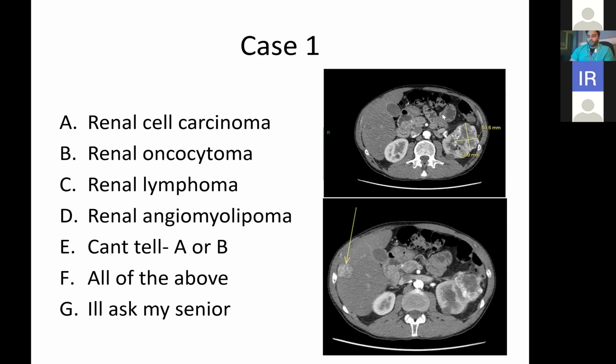Renal lymphoma, now primary renal lymphoma, particularly isolated to the kidney, without extrarenal lymphatic disease, is very rare. It being unilateral and appearing like this is also unusual. Usually renal lymphomas are bilateral. They can be infiltrative or they can have focal areas of low density scattered throughout both the kidneys with extrarenal